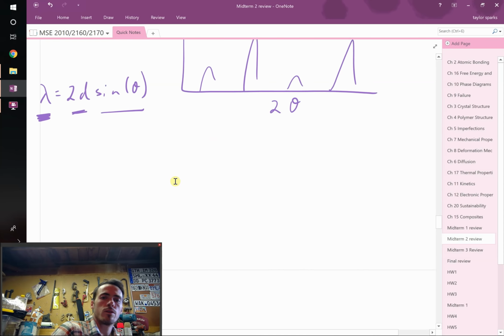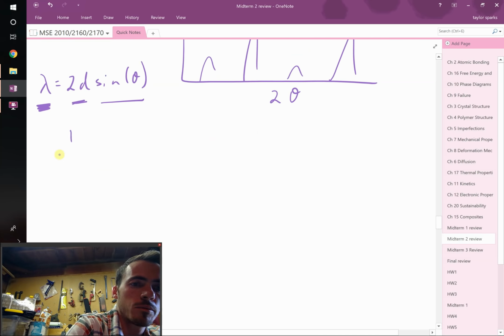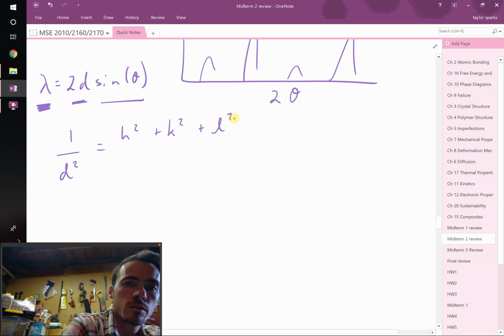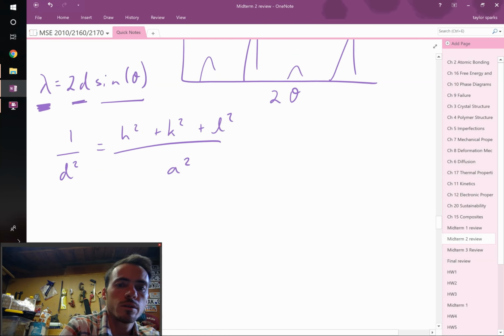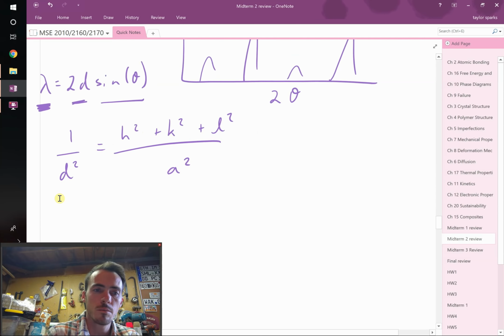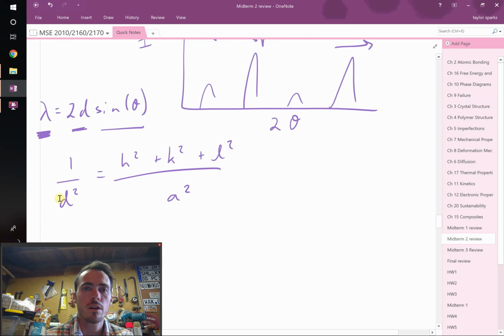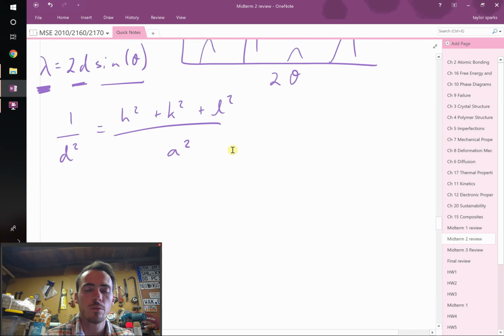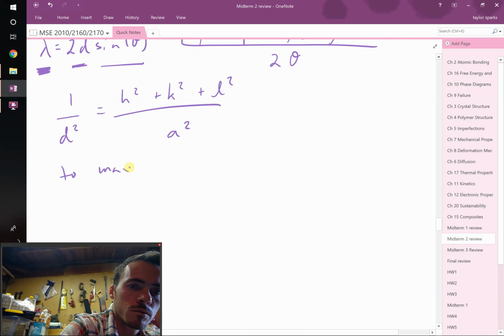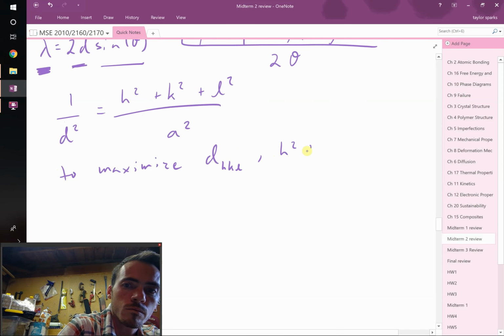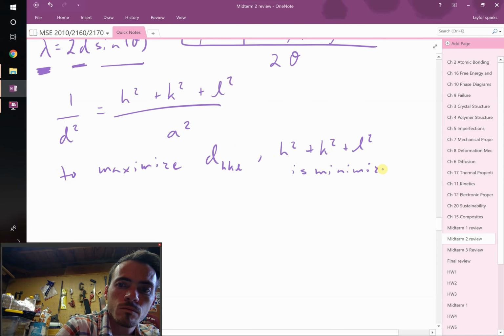Therefore, take your crystal system, let's say it's cubic, right? If you've got a nice cubic system, then 1 over d squared equals h squared plus k squared plus L squared all over A squared. If it was not a cubic system, then the formula gets changed slightly, okay? In any case, if you want D to be as large as possible, you can choose H squared plus K squared plus L squared to be as small as possible. Now that's for cubic only,